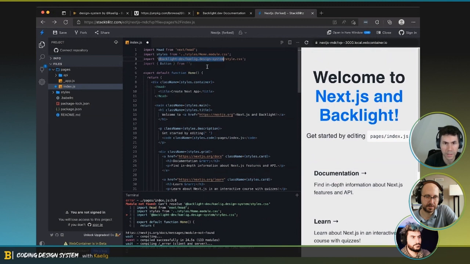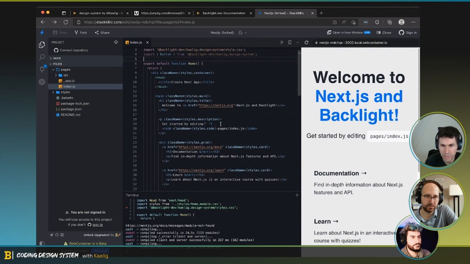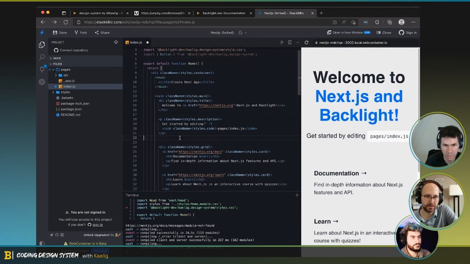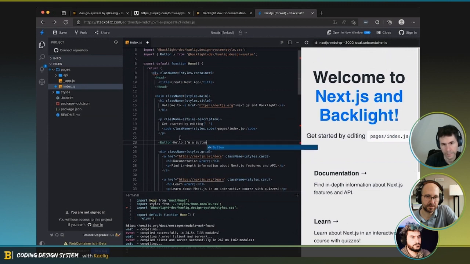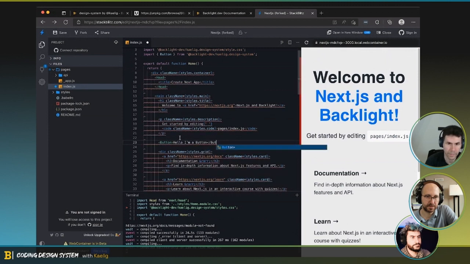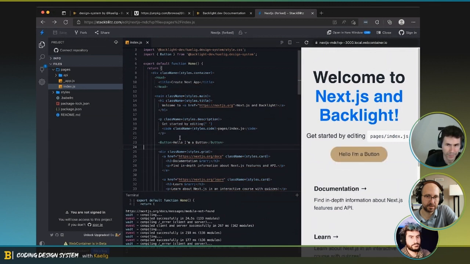And so if I did install the index.js properly, we can just do this. And then somewhere like here, we can say button. There you go. First time. All right, cool. Awesome. That's great.